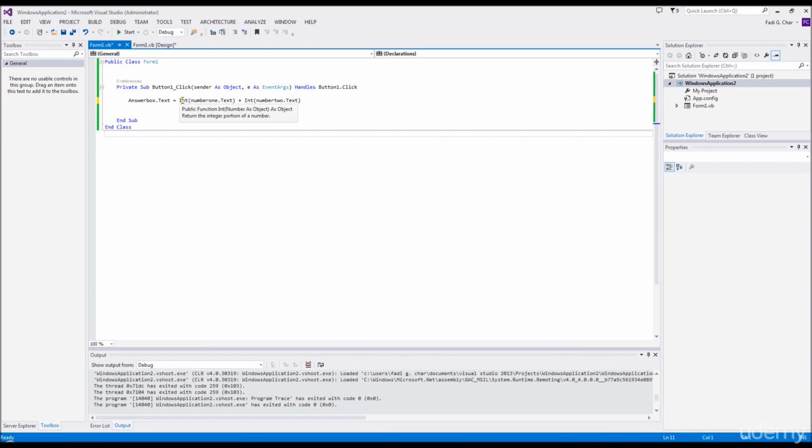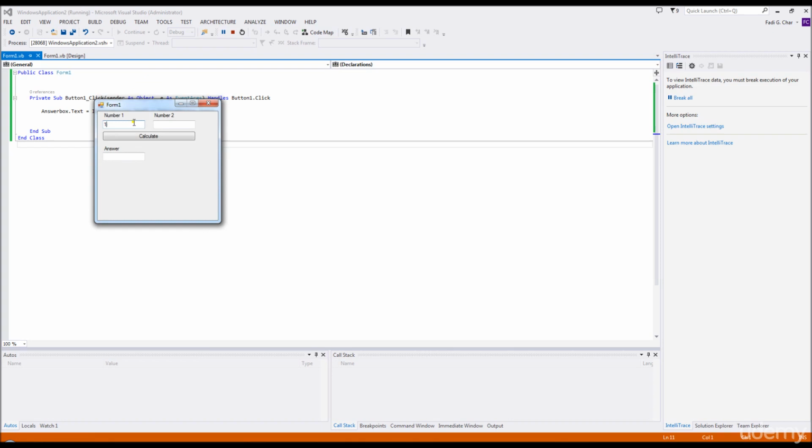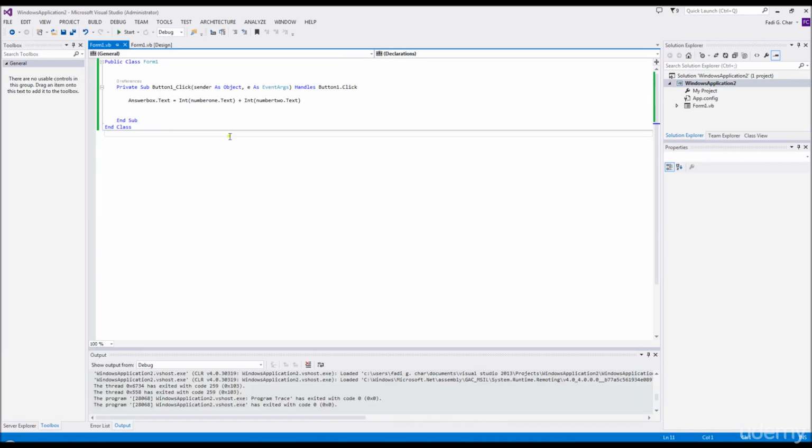So now integer is going to be a rule that's telling the computer that please focus, this is a number, and you have to add this number plus this number and give the answer inside the answer box. So let's give it a try now. I'm gonna put 1 here and 3. Oops, 1 here, 3 here, calculate, and the answer is 4. That was pretty simple. Okay,